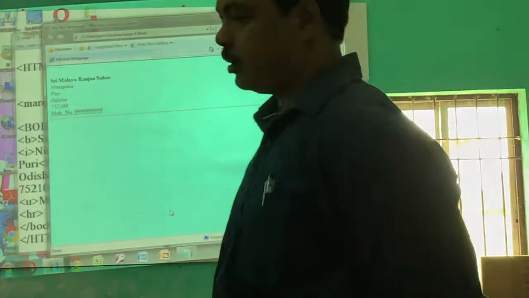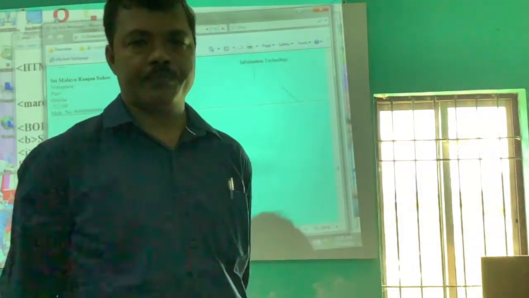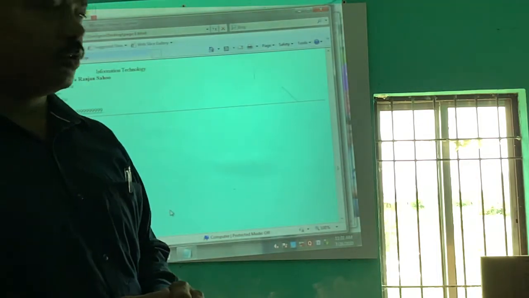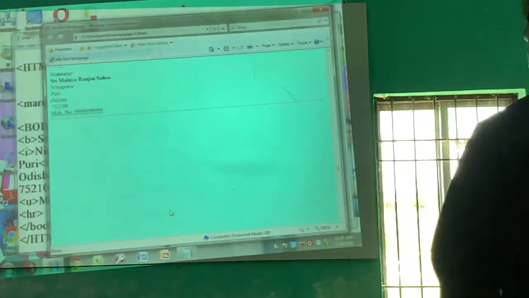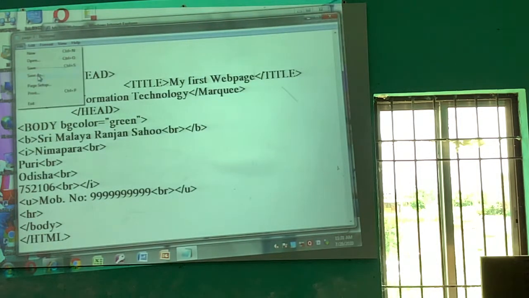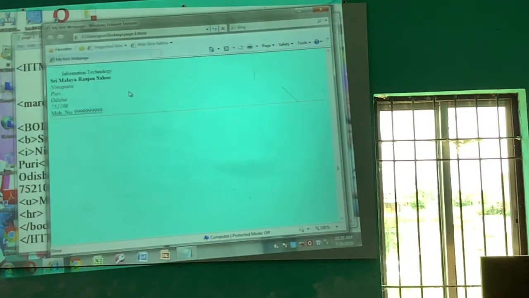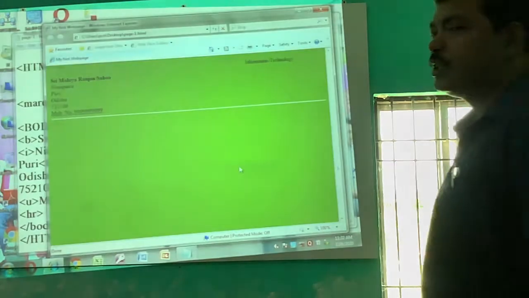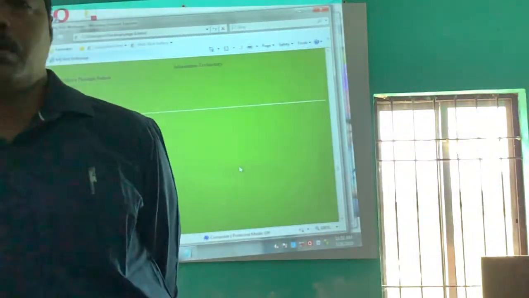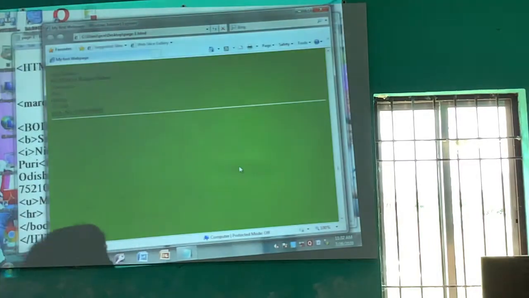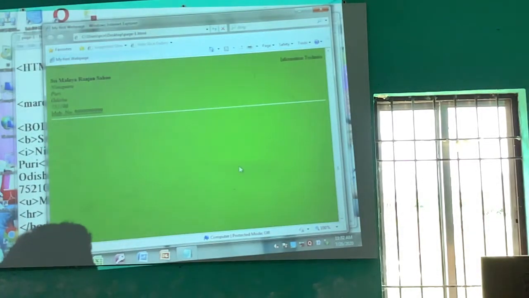And similarly, at home you can also try other color combinations by giving yellow and other colors, green. Okay. So this is the background color we give to our browser.